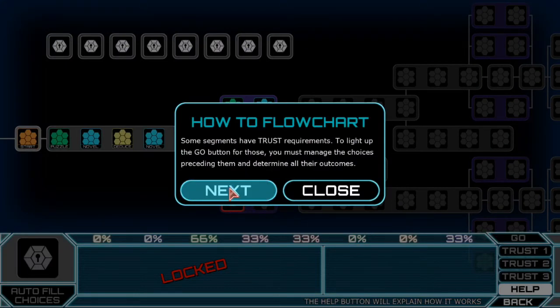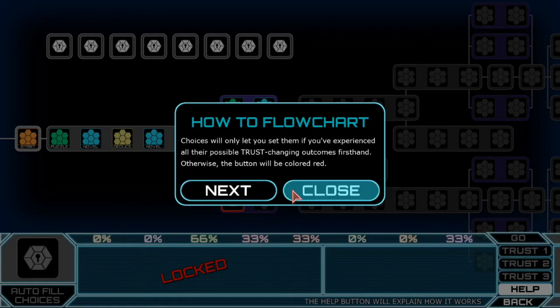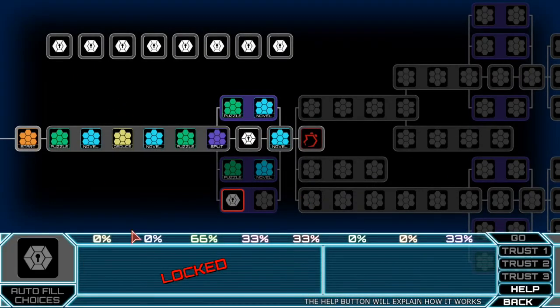Some segments have trust. When you enter a segment, all of your chosen outcomes will be set for the remainder of this save file, regardless if they were set after or before the selected segment. Choices will only let you set them if you've experienced all their possible questions. Alright, so I guess maybe I have to... I guess I'm gonna have to start a new...